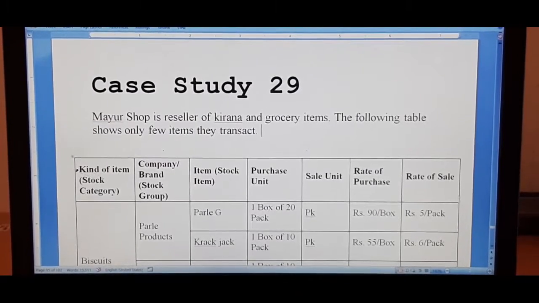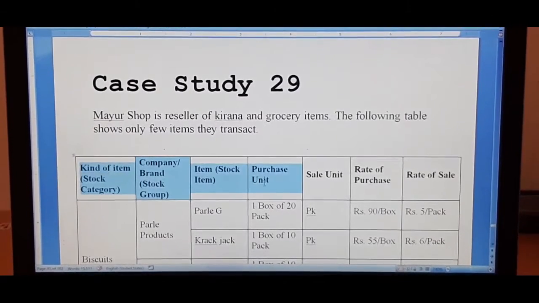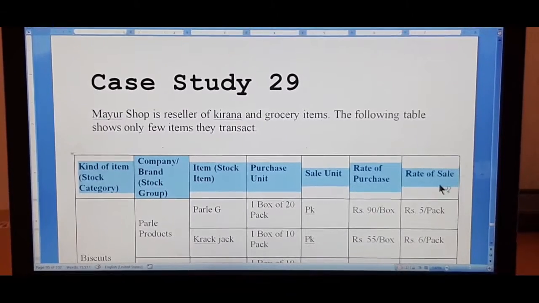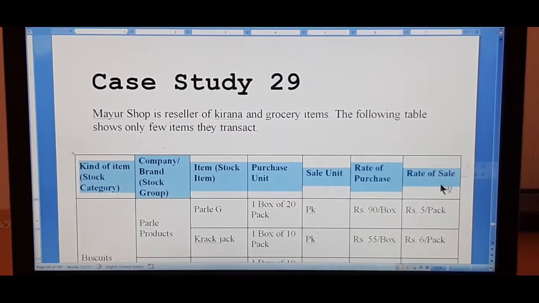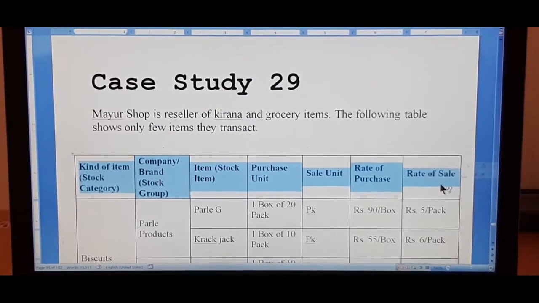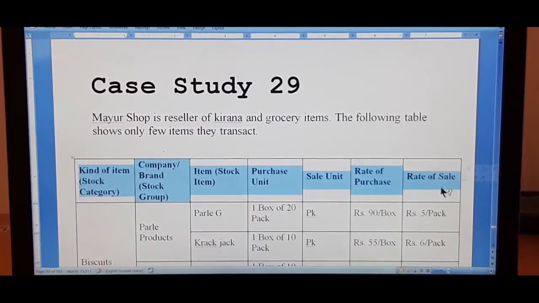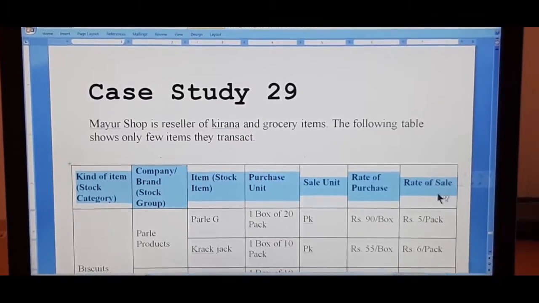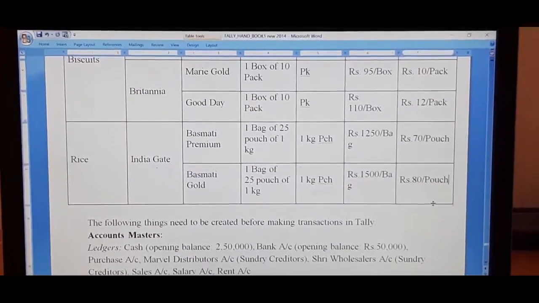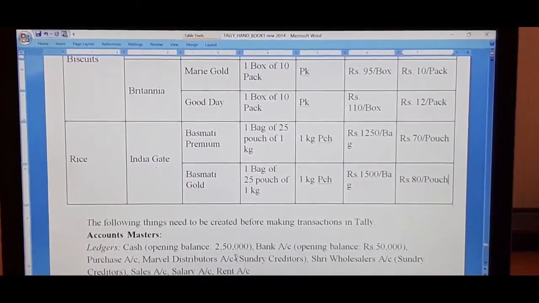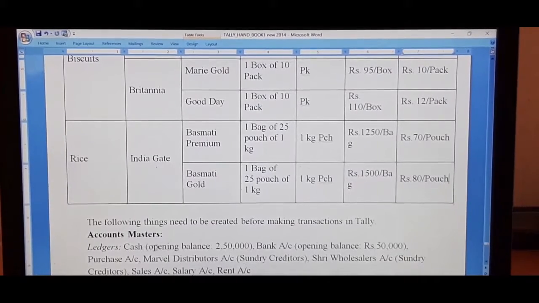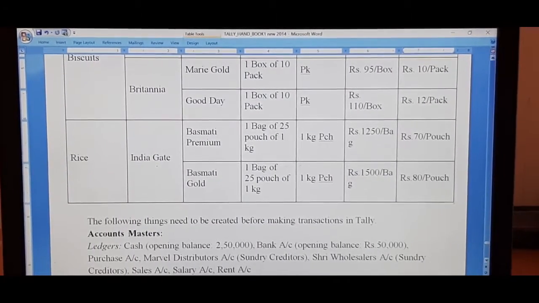Kind of item, stock category, company or brand, stock group, stock item, purchase unit, sale unit, rate of purchase and rate of sale. We have to provide opening entries for cash and bank account.